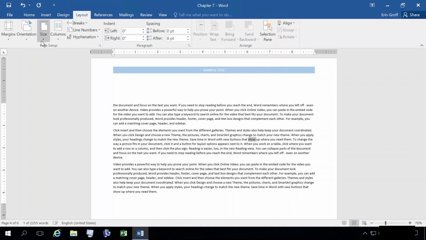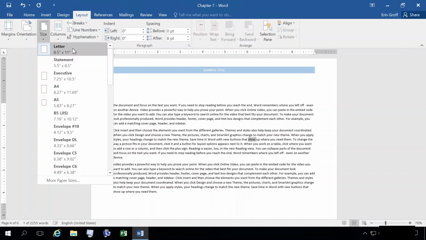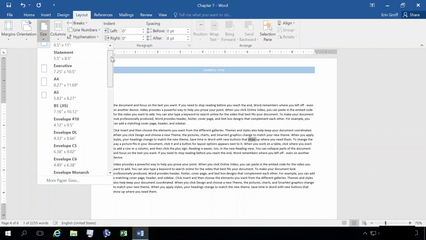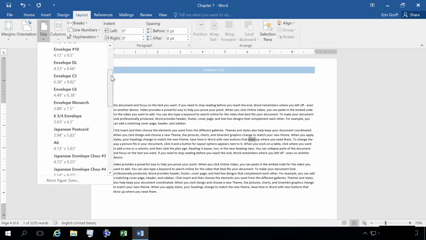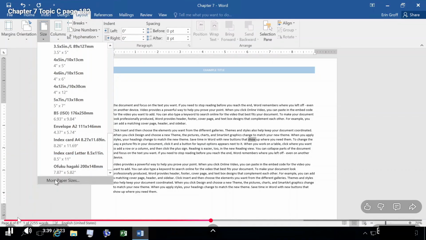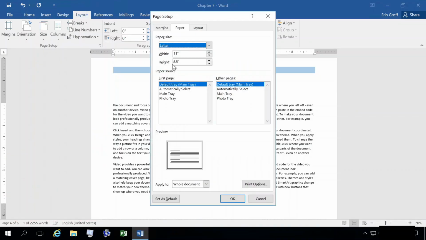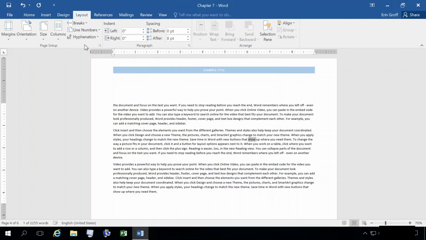To the right of that, you also have your paper size. You have different page sizes. You also have preset envelope sizes as well to print here. If none of these are what you're looking for, you can go to More Paper Sizes and again input the exact measurements of your paper. On your Page Setup dialog box launcher,